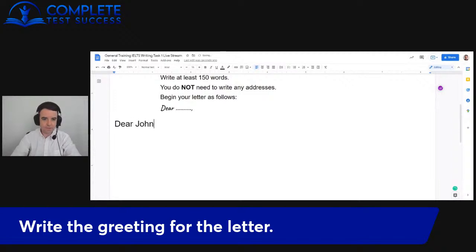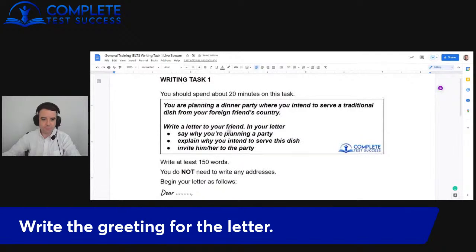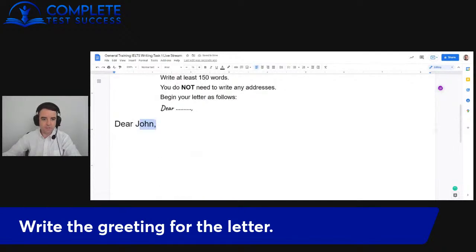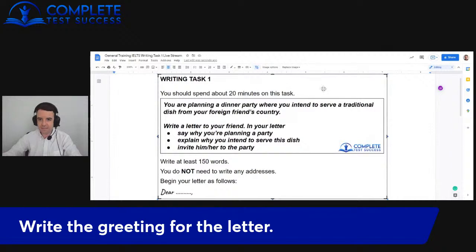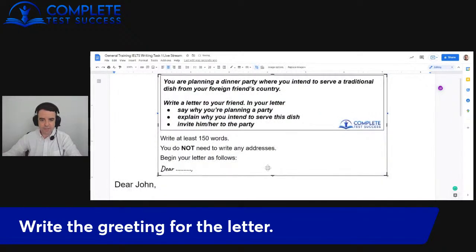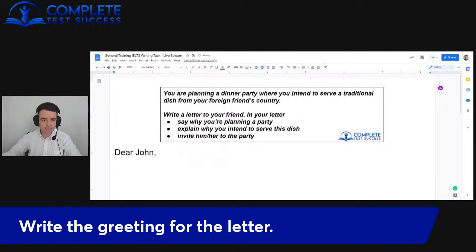Dear John. All right, that's the start of our letter. Because it's informal, we're writing to a friend, we're going to have John as the name. If it was formal, we would just write the surname, like Mr. Smith or whatever it would be. Okay, so once we have our greeting written,